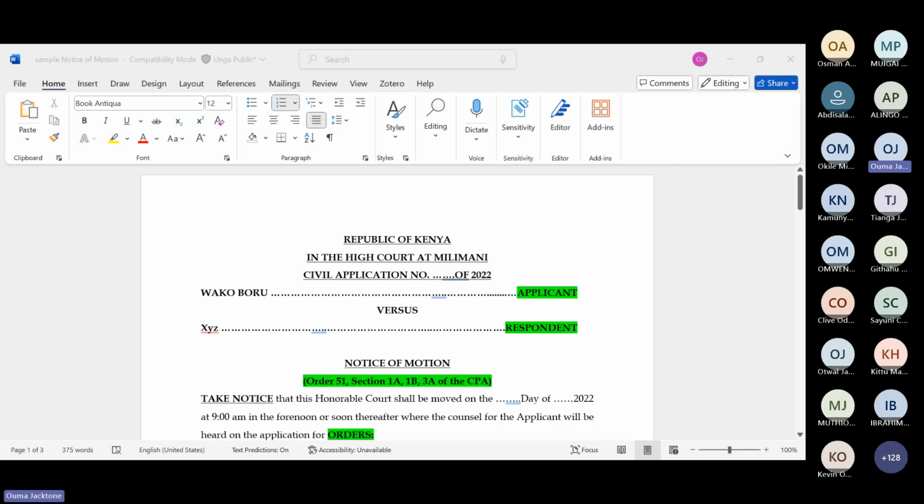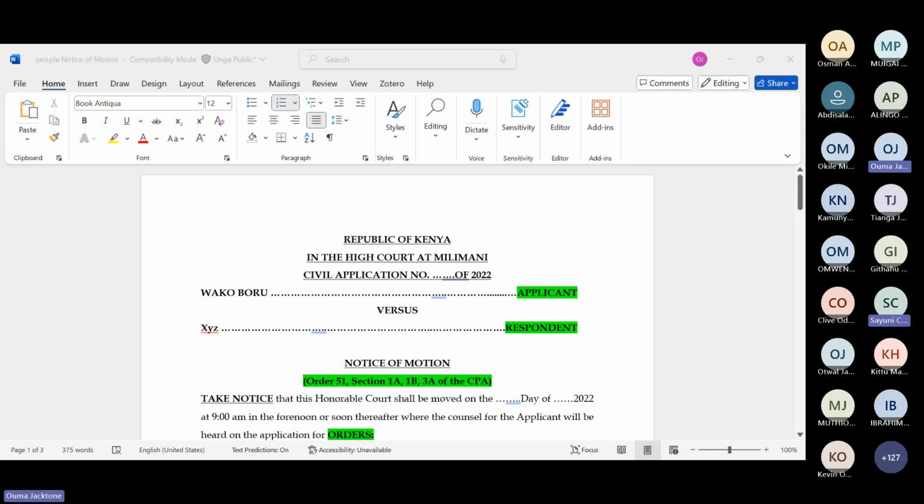Order 23, garnishee proceedings. You cannot have an order of garnishee against the government. And you saw the new judge, Sifuna, trying to mess with that, and the Court of Appeal said no, sit down. Certain orders you can't. The government is protected. So that is Order 23, garnishee proceedings you can't get against the government.